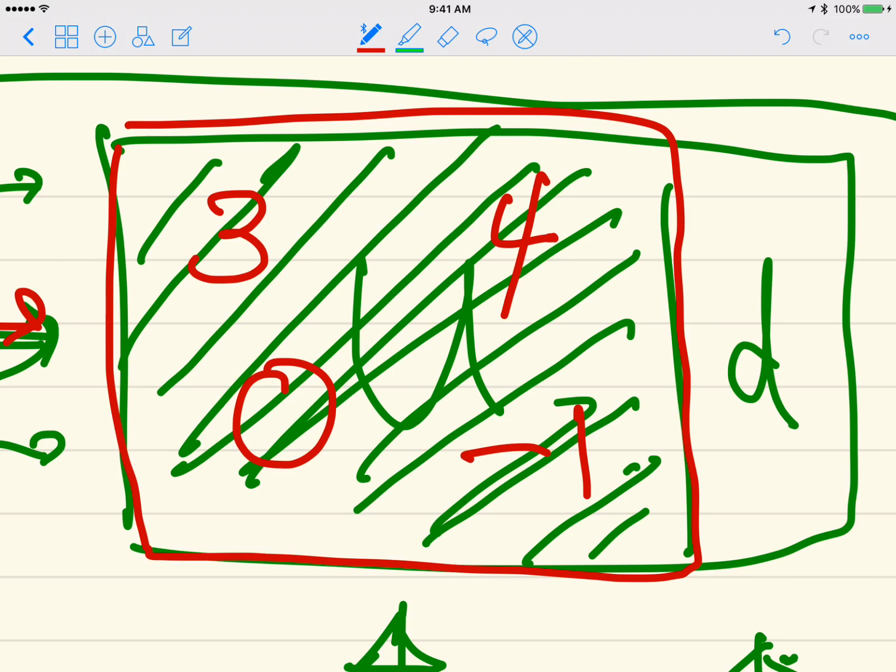Although it's a little bit messy, is it an echelon form? Yes, because